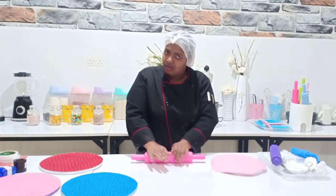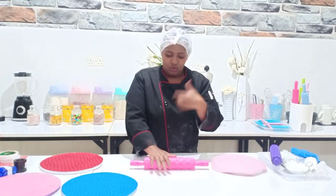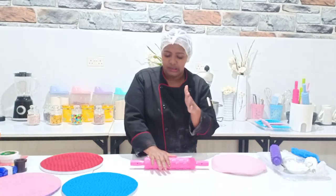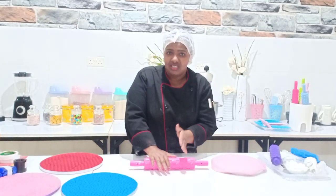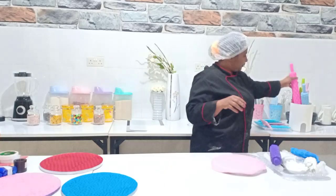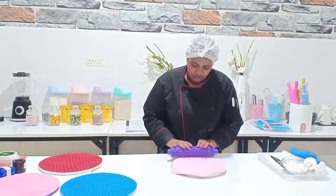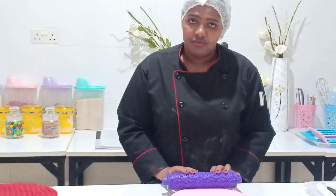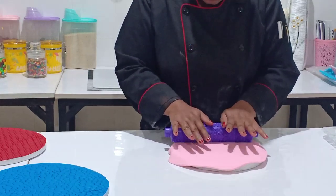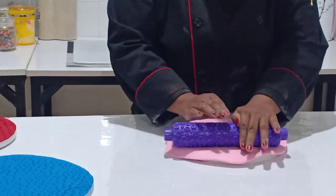So I roll, and I have to be steady so that there's a uniform distribution of force, so that the design is uniform. So I hope you got that. In that case, I'm going to do the same thing here. I'm starting from the edge of the board, and I'm going to impress the design slowly, bit by bit,